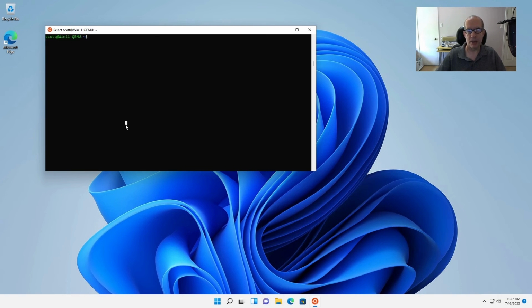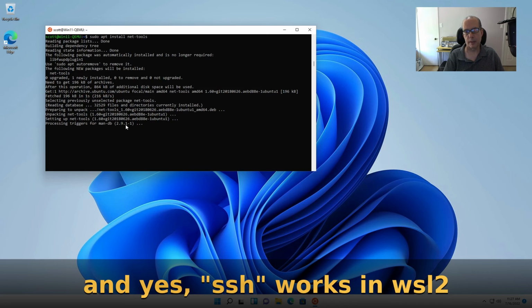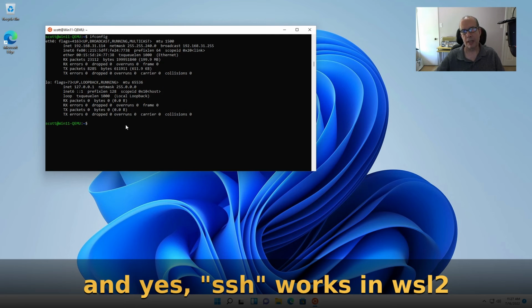Now that WSL2 is installed, we can install other programs. For example, we can do a sudo apt install net-tools. And we can do an ifconfig. And we can see that this node has the address